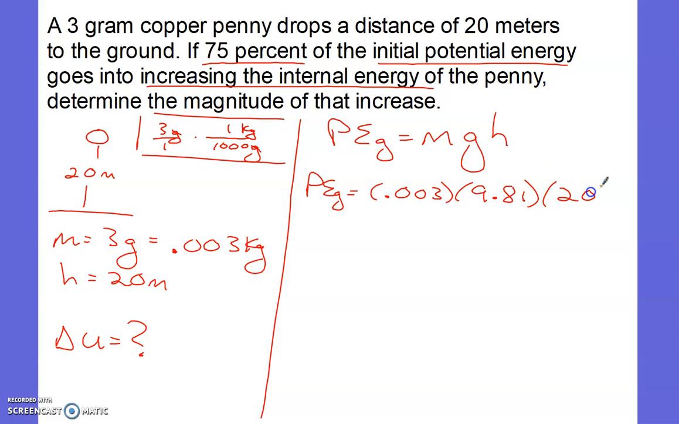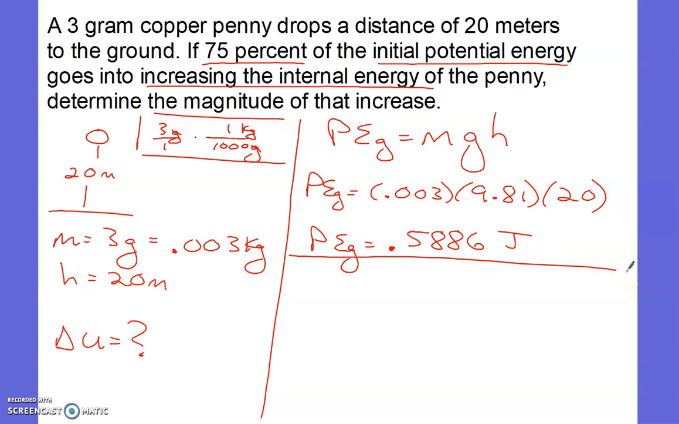The height is already in meters, so we don't have to do anything with that. We get the potential energy to be 0.5886. That would be in units of joules since we converted to kilograms. Now it says to take 75% of that initial potential energy, and that will be the increase in the internal energy. So to find the change in internal energy,